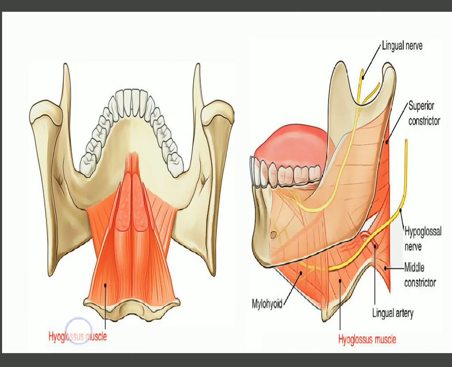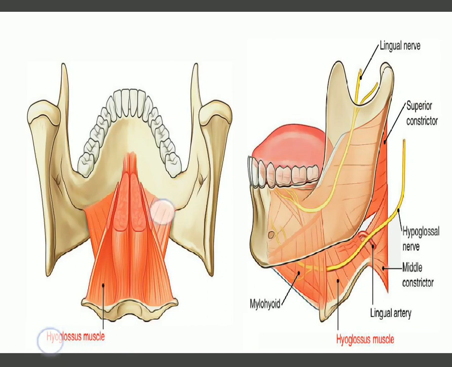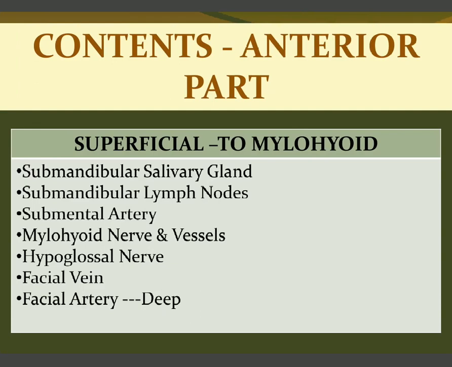You can see here in this figure, this is the mylohyoid muscle, this is hyoglossus, and from the back side you have the middle constrictor, just a part of the middle constrictor. So these three muscles basically form the floor of this digastric triangle. Now the contents of the